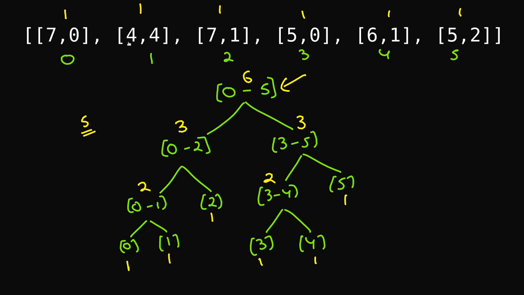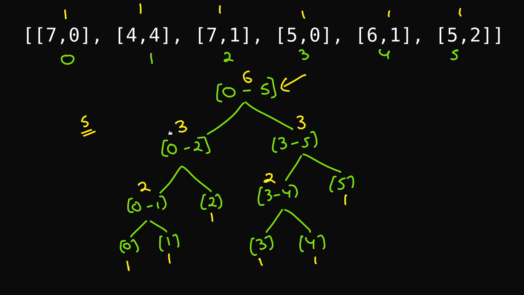So where is the fifth one coming in, in the ones that I've written? The first one, the second one, the third one, the fourth one, and the fifth one. So this is what we'll be trying to do in this segment tree as well. We'll be trying to go to a particular leaf node which corresponds to the fifth one. How do we do that? So we start traversing from the topmost one.